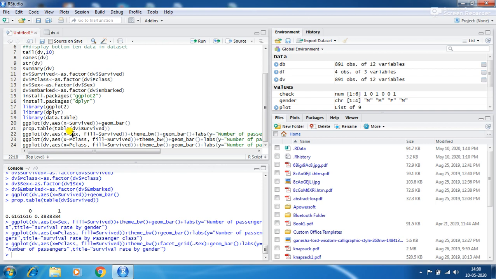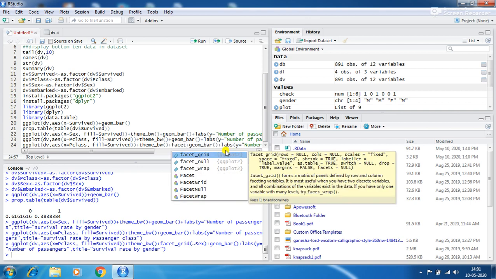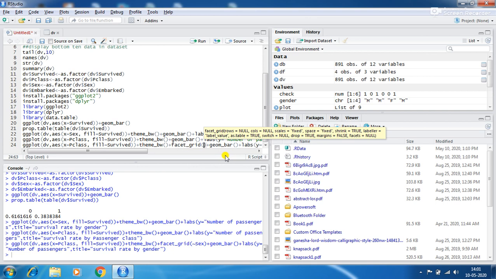Then we have class, in which we define in which class male or female survive more. So we have facet_grid, from which till, and then sex.